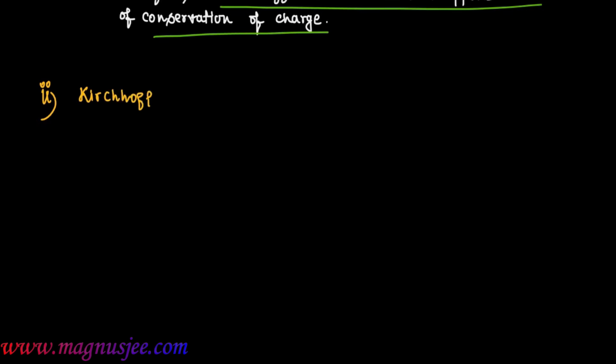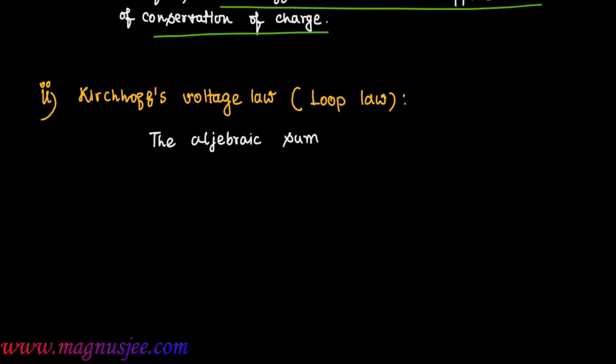Kirchhoff's voltage law. Now we have to state Kirchhoff's voltage law. Alternative name of this law is loop law because Kirchhoff's voltage law is applicable for a closed loop in an electric circuit. Kirchhoff's voltage law is what? The algebraic sum of all the potential differences